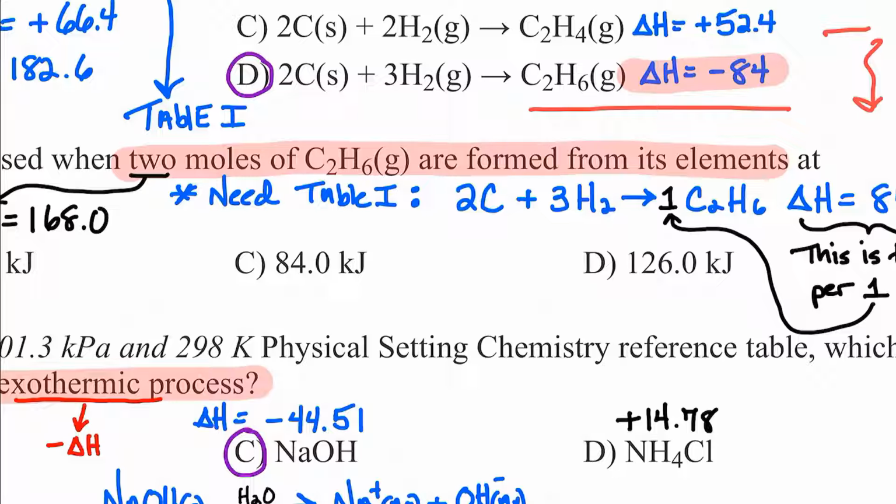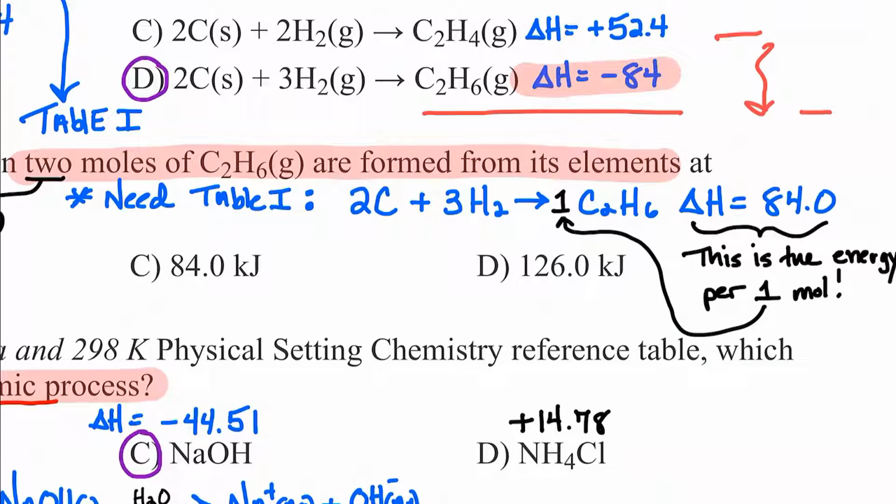This unit is about Table I, so you should look at Table I. In any case, if we look at the reaction given to us in Table I, we see that from its elements, carbon and hydrogen, there's a 1 in front. For every 1, there's that much heat, notice it's positive, absorbed. So in the way that they gave it to us in Table I, because it has a 1 in front, or nothing in front implies a 1, so for every 1 C2H6, there's 84 kilojoules of heat, in this case